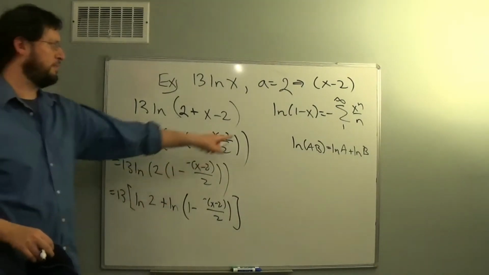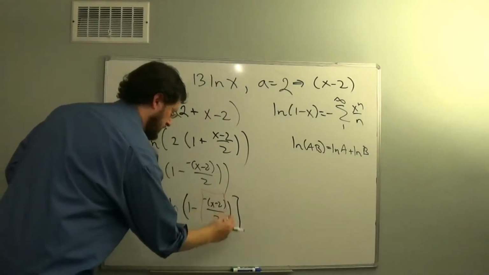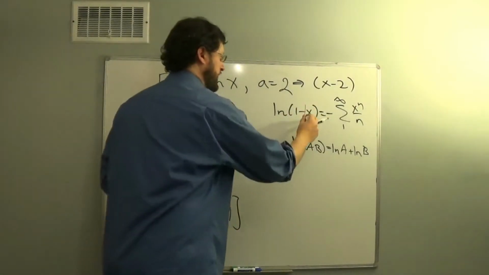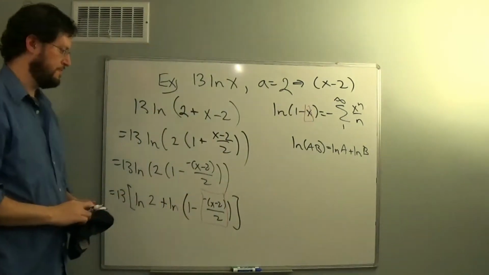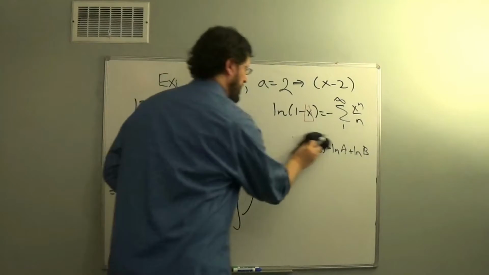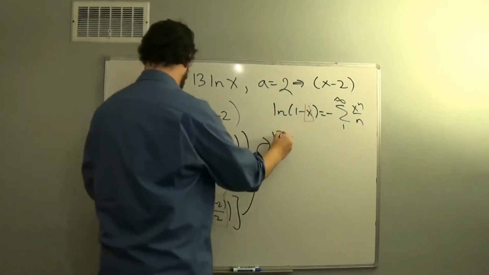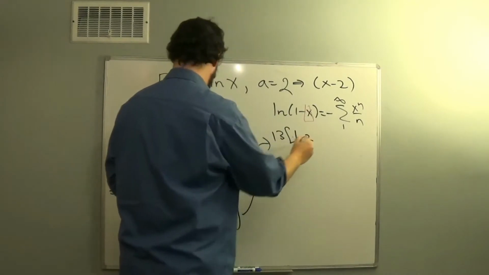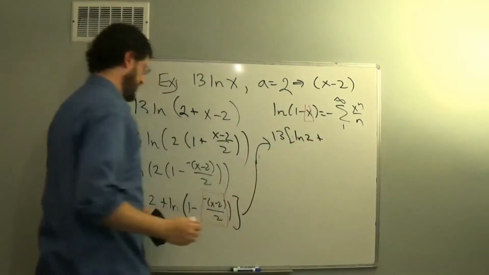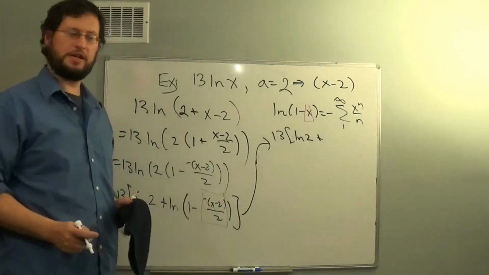At this point I can apply my thinking here, but by using the red box in place of x. And so that is 13 ln 2 plus, this is ln of 1 minus something, and my something is negative x minus 2 over 2,